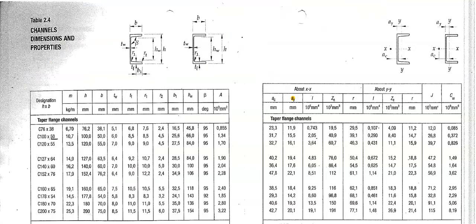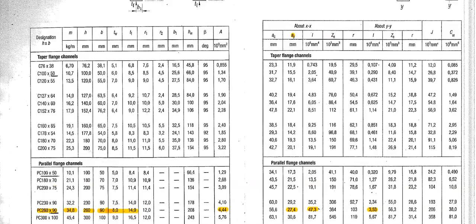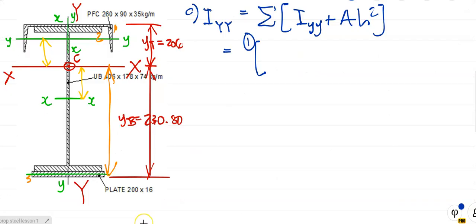So when we go to the tables, we must pull out its IXX value. Did you get that? So we go to its IXX value, and it is 47.3 times 10 to the power 6, plus